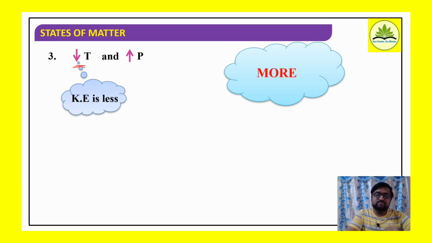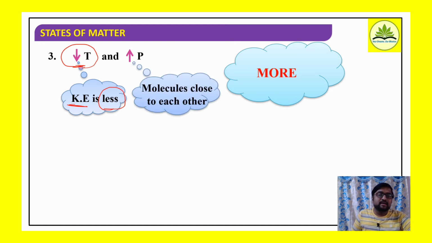Why is dispersion force more? Consider that as temperature decreases, what happens to the kinetic energy of the molecules or particles? The answer is that kinetic energy is less. So at low temperature, the kinetic energy of the molecules decreases. On the other hand, when pressure increases, molecules come very close to one another. At high temperature kinetic energy is more, therefore they won't come in contact with one another, and the particles will be far away from one another.